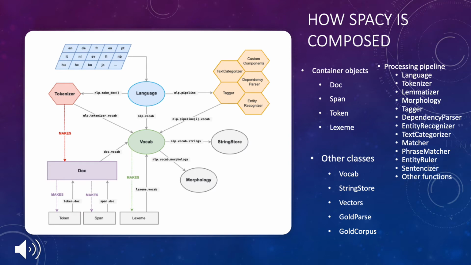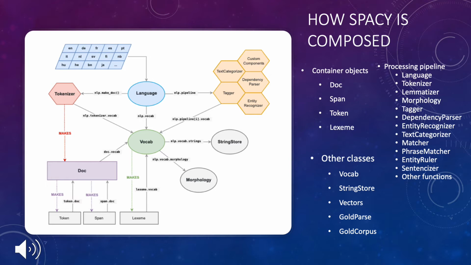I also wanted to provide a brief overview on the architecture of spaCy. spaCy contains container objects, processing pipeline, and other classes. The container objects are doc, span, token, and lexeme. Doc is a container for accessing the annotations. Span is a slice from the doc. Token is an individual token, such as a word, symbol, or any white space that might be present within the corpus. Lexeme is an entry in the vocabulary that has no context, so there's no part of speech, no dependency to